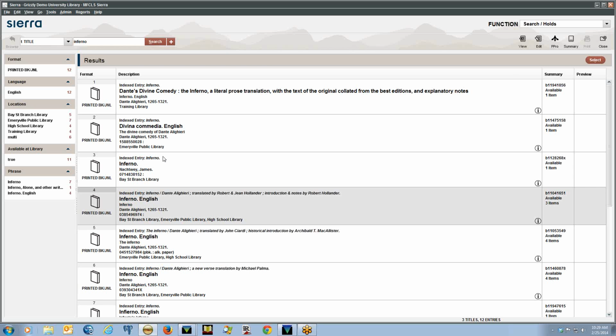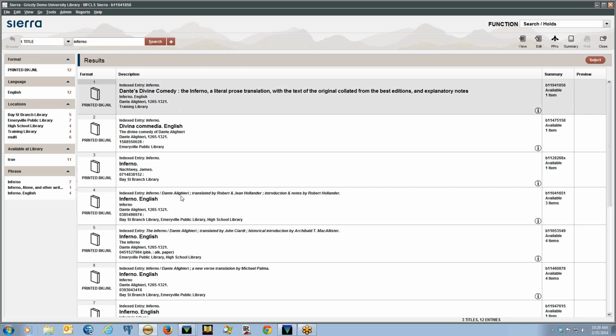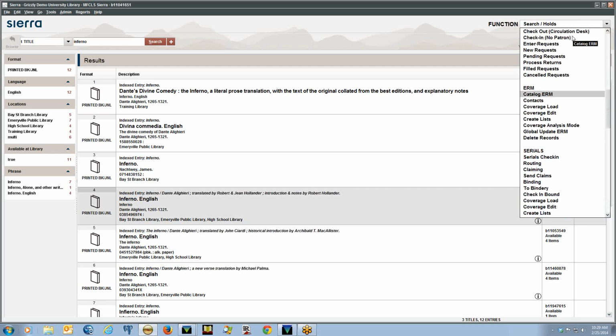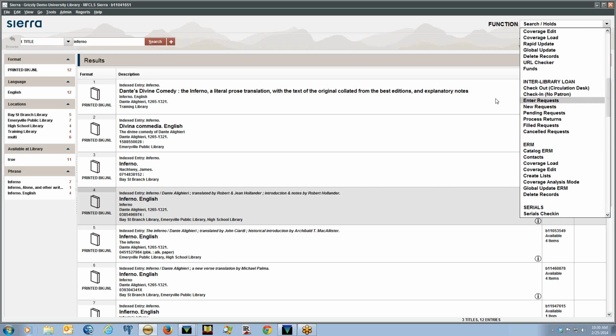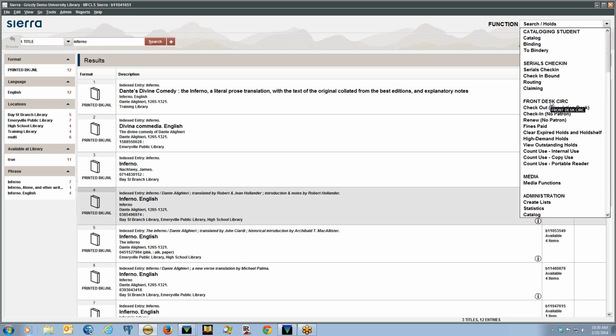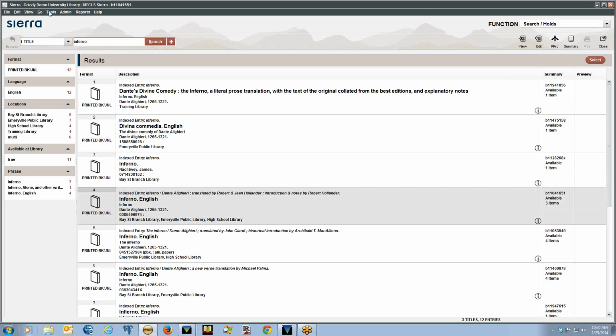And one last thing, I've shown this to a few people, directors and Cert services, but I wanted to just talk about it again. And that's this cool new thing called the browse query. If you're in search holds function or catalog function, you can see this. I keep using the word mode, sorry. It's function. But other functions won't have this available. If you go underneath Tools and click on Browse Query,